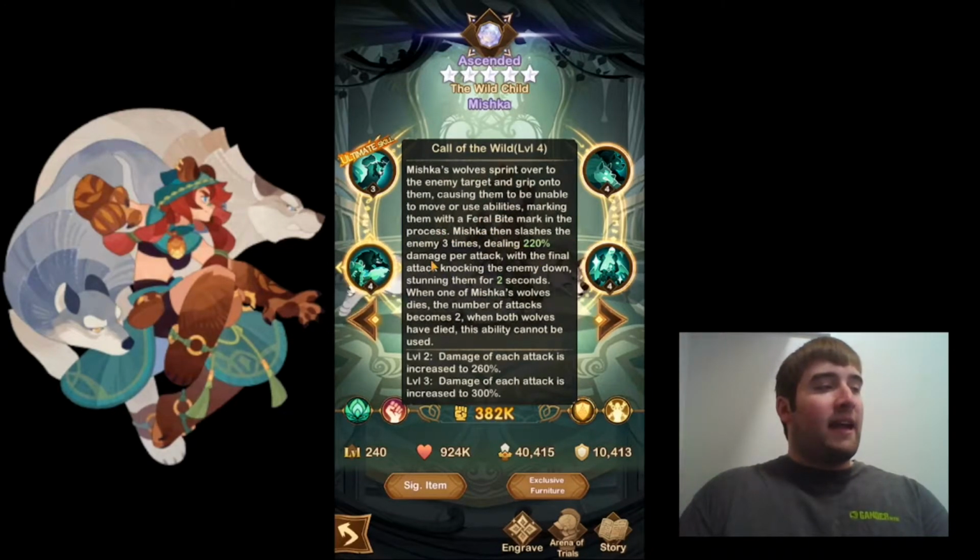Mishka then slashes the enemy 3 times, dealing 220% damage per attack, with the final attack knocking the enemy down, stunning them for 2 seconds. When one of Mishka's wolves dies, the number of attacks becomes 2. When both wolves have died, this ability cannot be used. And with level 2, damage of each attack is increased to 260%, and at level 3, damage of each attack